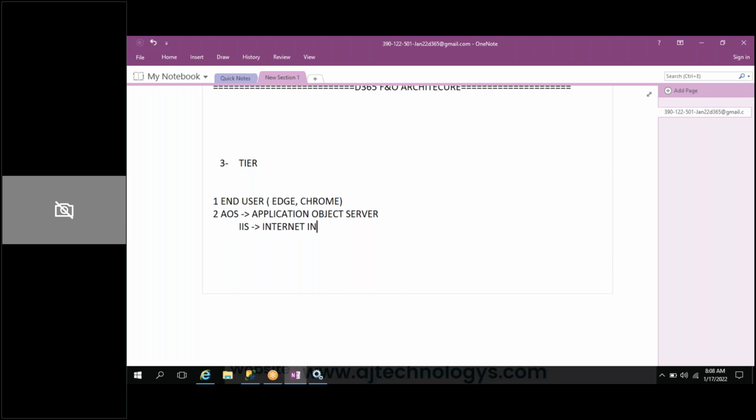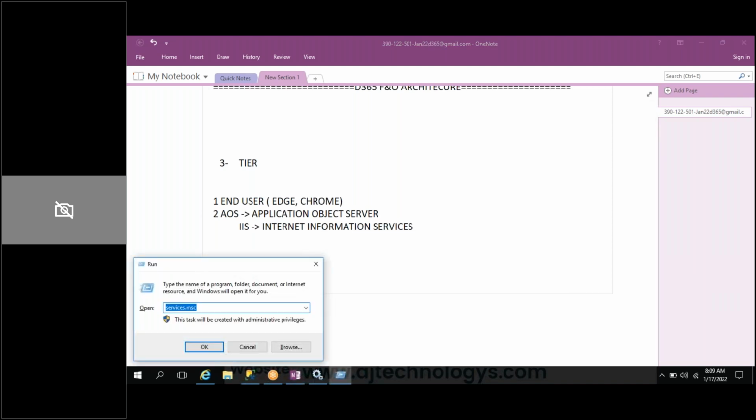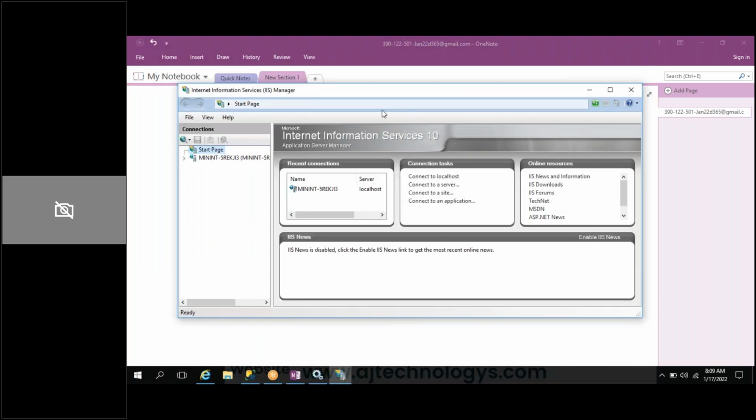Does anyone know about IIS, how to open this prior to this? Okay, I can show you where it is available. We can open it: in the run command, you can type inetmgr, the command called inetmgr.